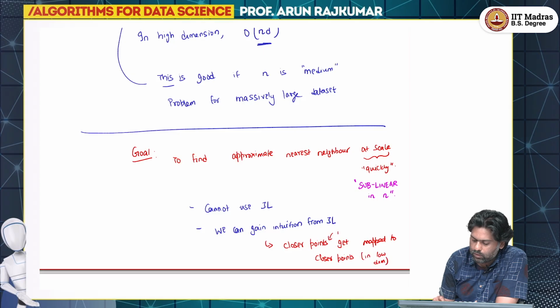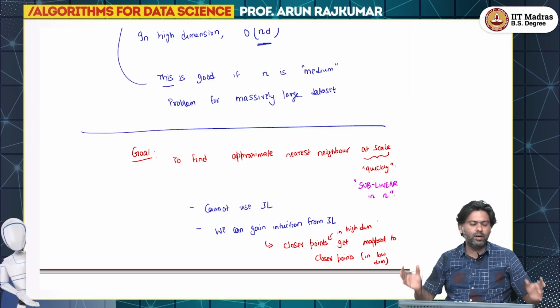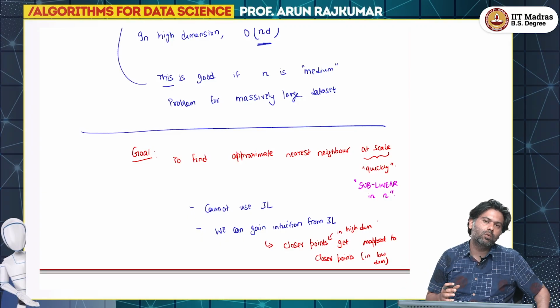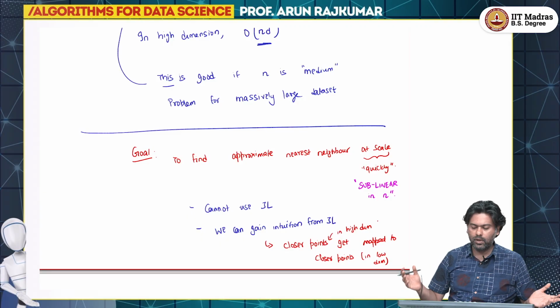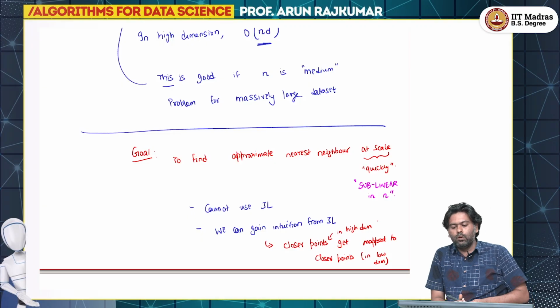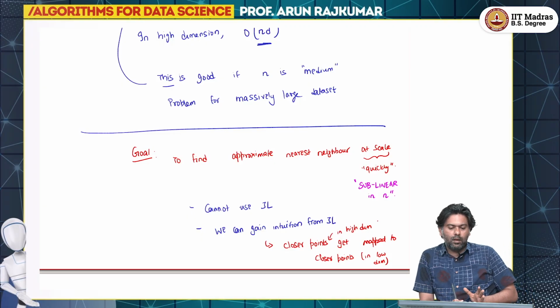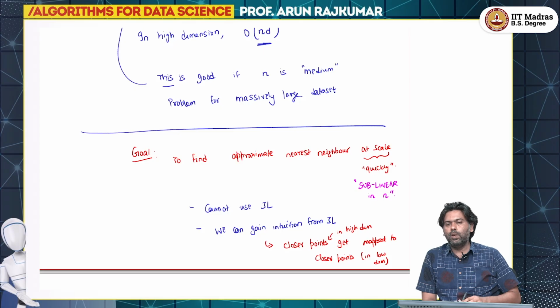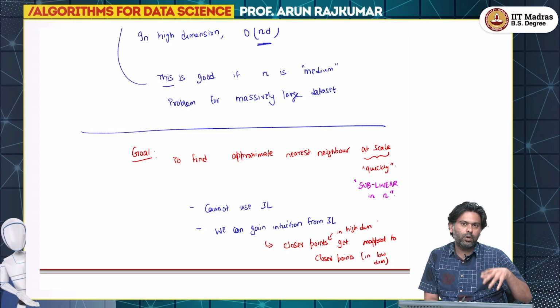So, original closer points in high dimension get mapped to closer points in low dimension, right. All the distances are preserved, which means that the closer distances are also preserved, and the further distances are also preserved. So, then our idea is going to be to use JL-like intuition, but you cannot use JL